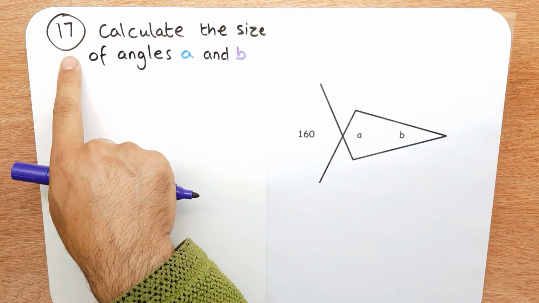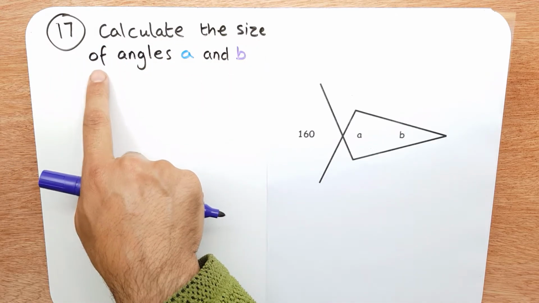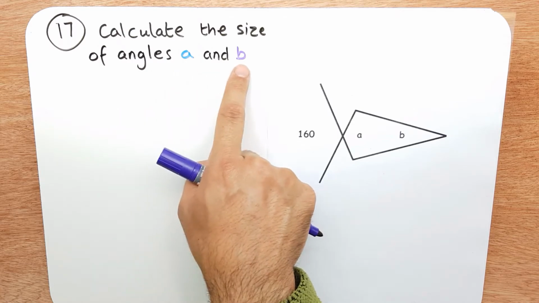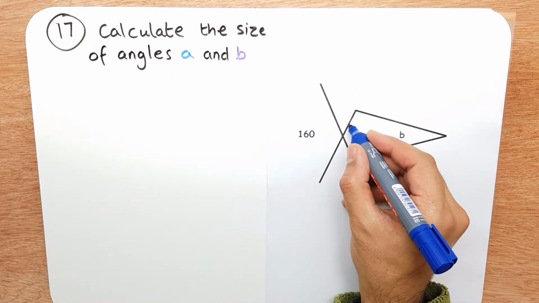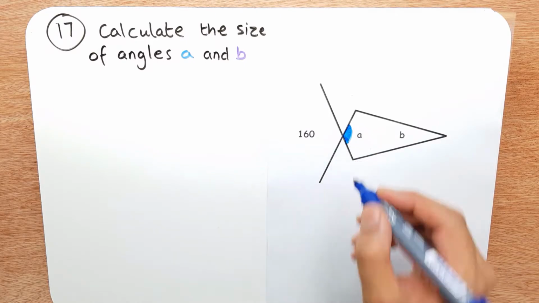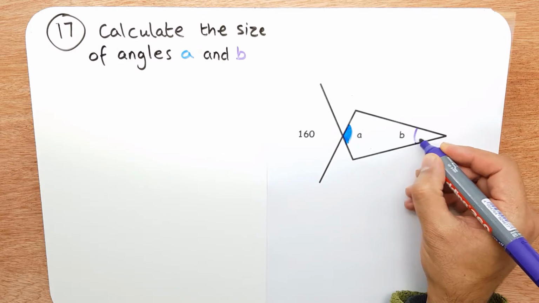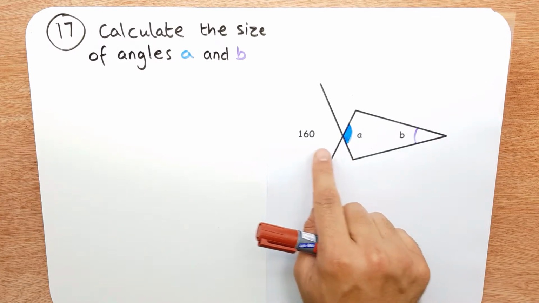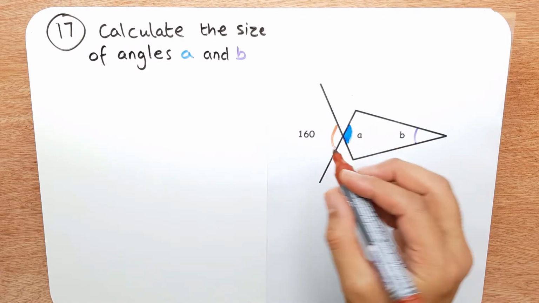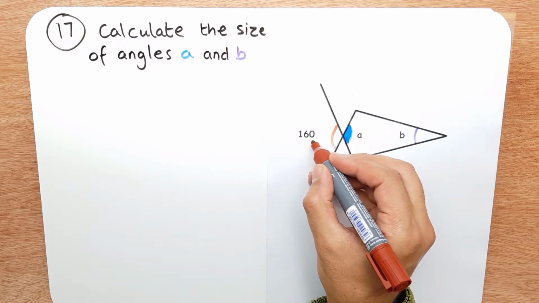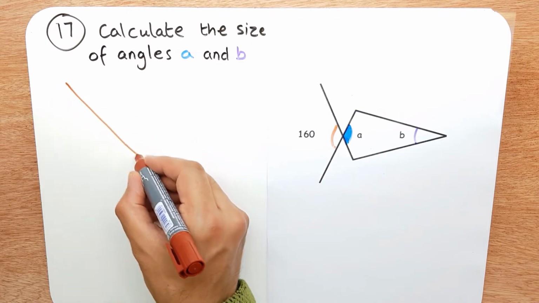Question 17 asks us to calculate the size of angles A and B. So we have angle A here and angle B here. Now the first thing they've given us is this angle here between these two straight lines, and they've said it's 160 degrees. And we should know the first property: if you have two straight lines,